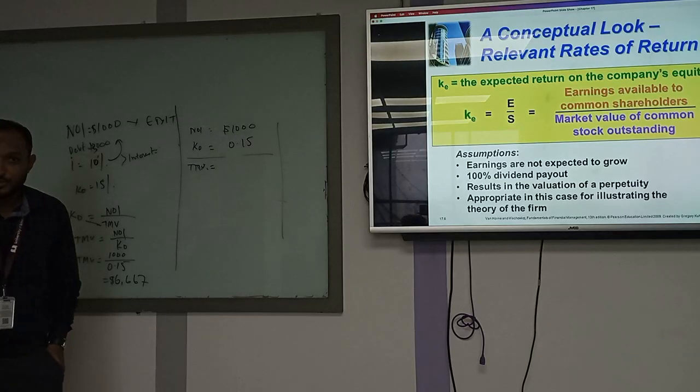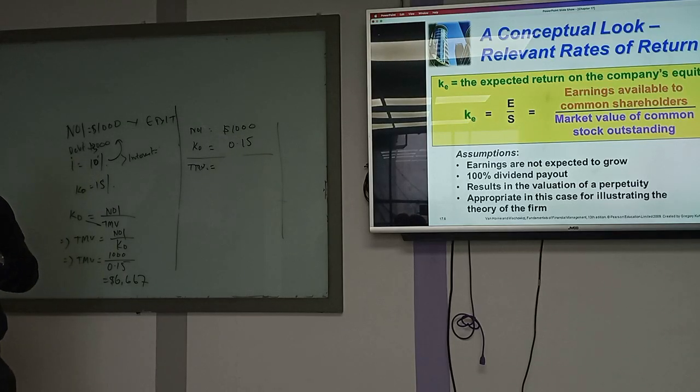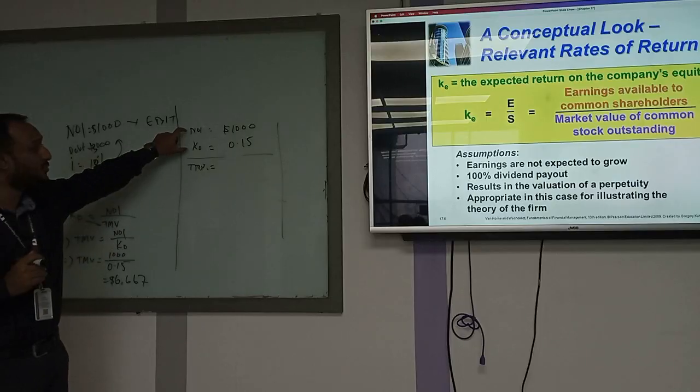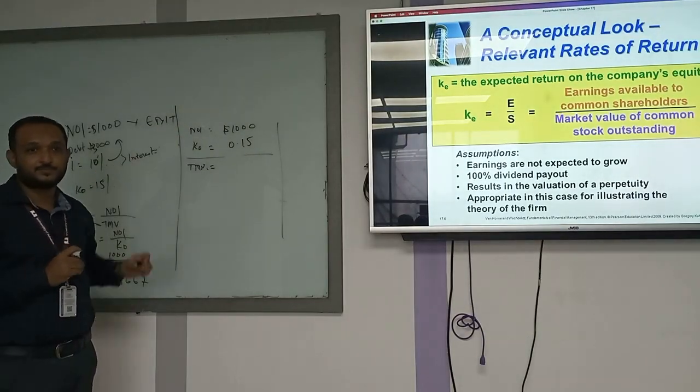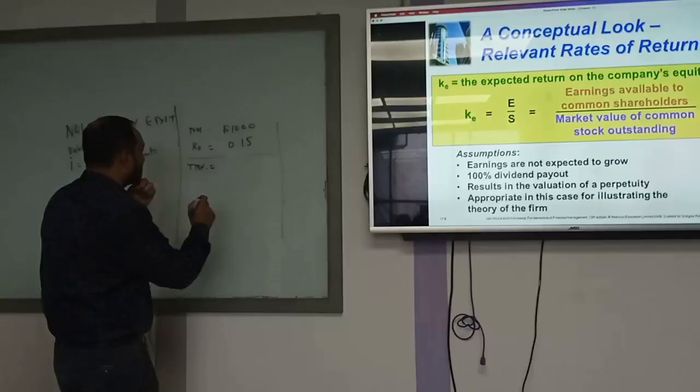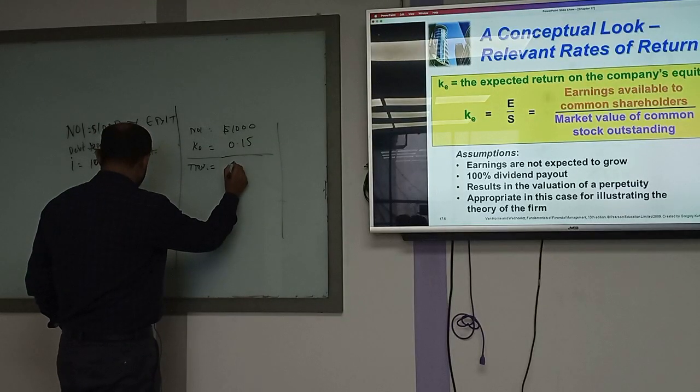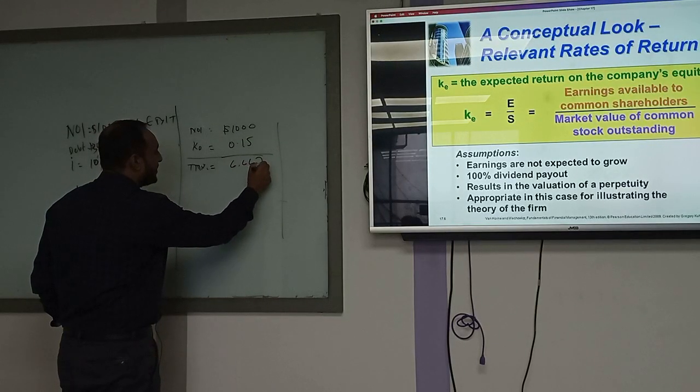Okay? Total value no change হবে না, চেঞ্জ হবে কোথায়? ইকুইটি এন্ড ডেট পোরশন। There will be changes in the equity and debt portion. Total market will be same because these two are same. এটা করা লাগবে আবার। Yes. So that means $6,667.